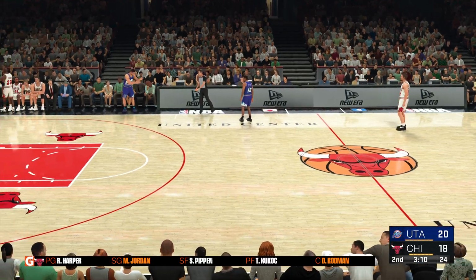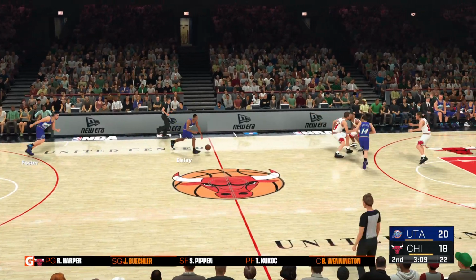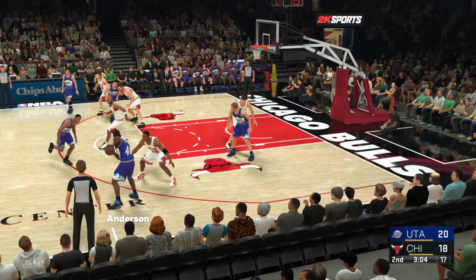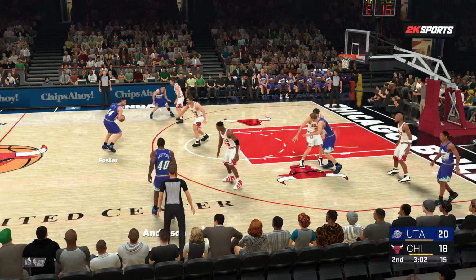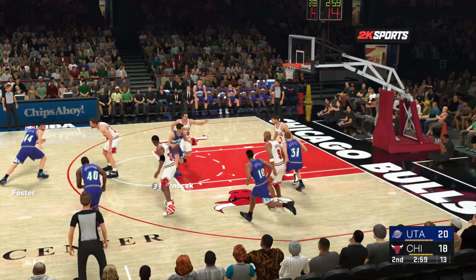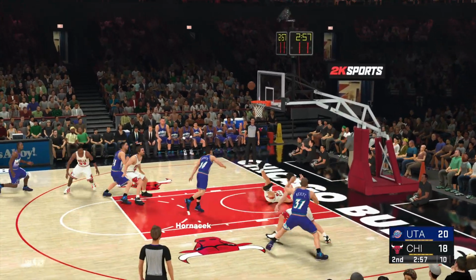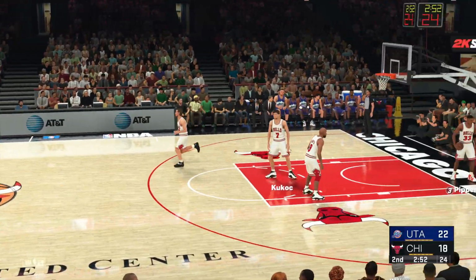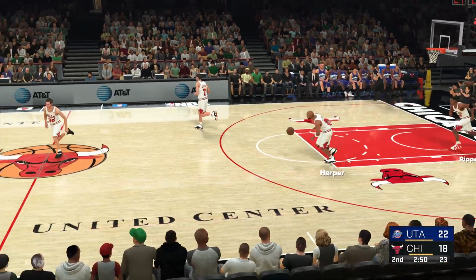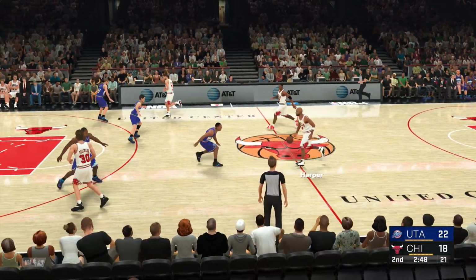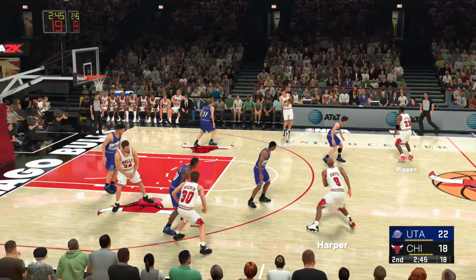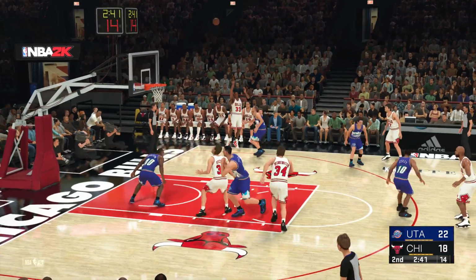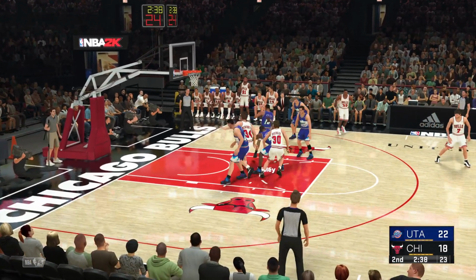Wennington, he's checked in for the Bulls. Bushler comes in for Michael Jordan. Keefe, he's checked in for Utah. Anderson outside. Foster dishes to Hornacek. And good that time. Yeah, Hornacek. Hornacek's got 4 this quarter. Bulls trail by 4. Harper kicks to Pippen. There's the triple. And the Bulls with another miss.